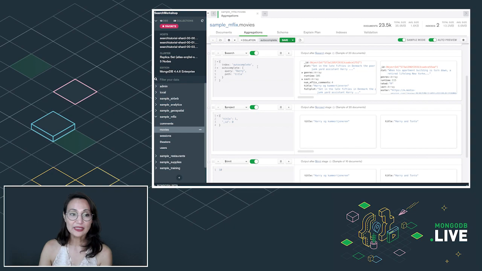So I'm using autocomplete. A couple of things I want to point out as differences. Because it's not default, I actually have to say the index. So it's index autocomplete here. Next, instead of using text, I'm using the autocomplete operator to query for Harry inside of the title. And then in project, I'm just getting back titles with Harry here. Now, the other thing I could do is, just as Brian did, I can also add fuzzy matching here. So I'm going to do fuzzy.